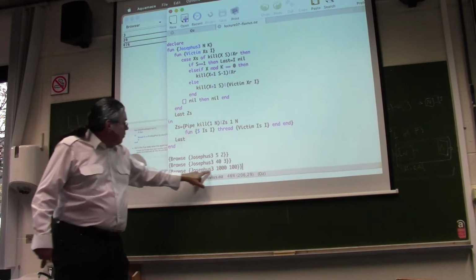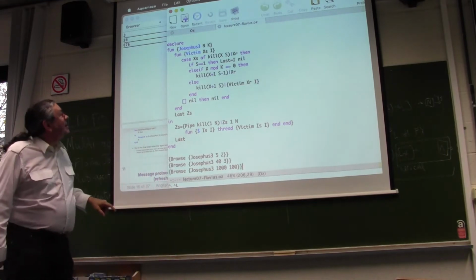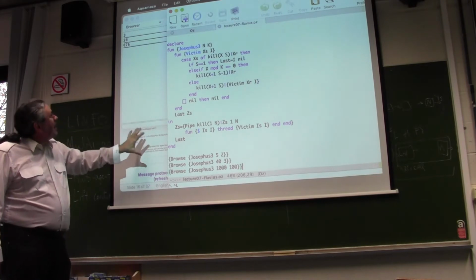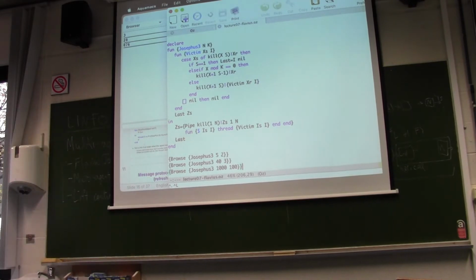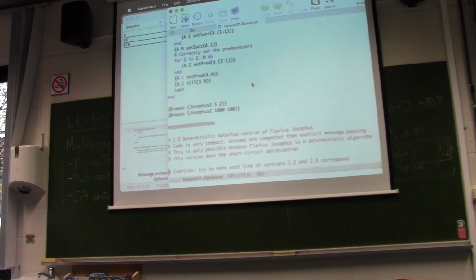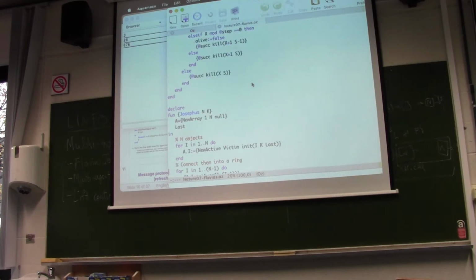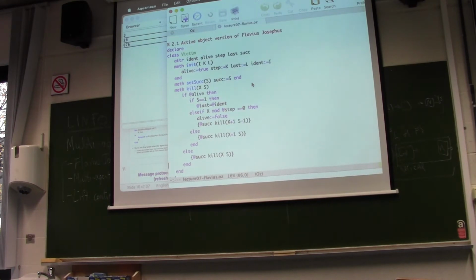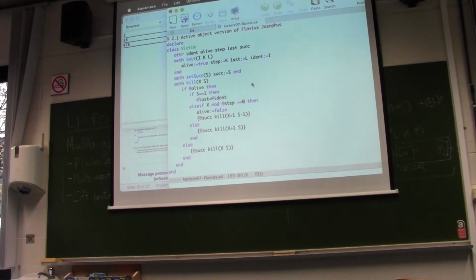So here we have a program with 1,000 threads, a concurrent system. So this is doing pretty nicely. So now let me go back to the active object version. So here's the active object version. So this is the actual victim